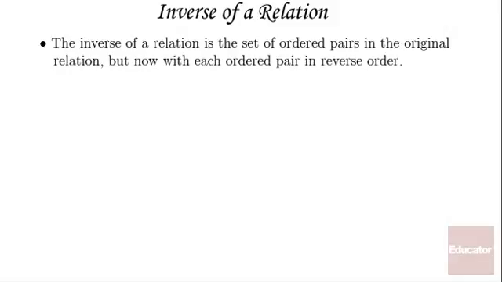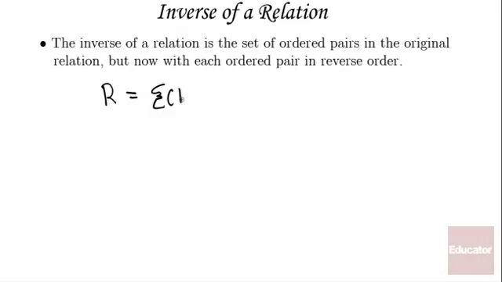The inverse of a relation is the set of ordered pairs in the original relation, but now with each ordered pair in the reverse order. So the domain becomes the range, and the range becomes the domain. Looking at an example to illustrate this,